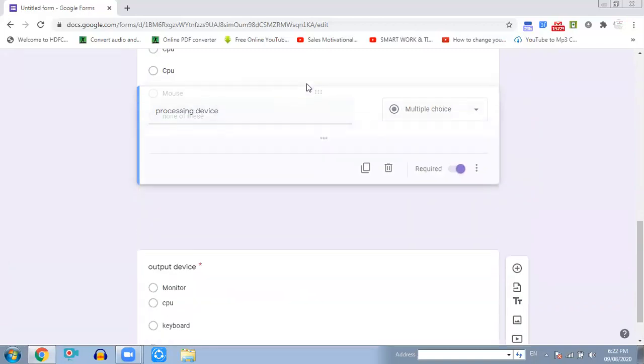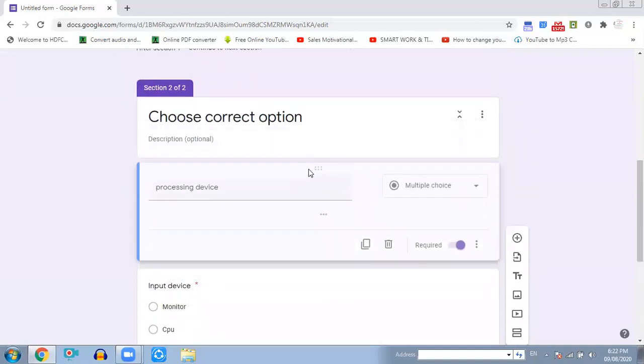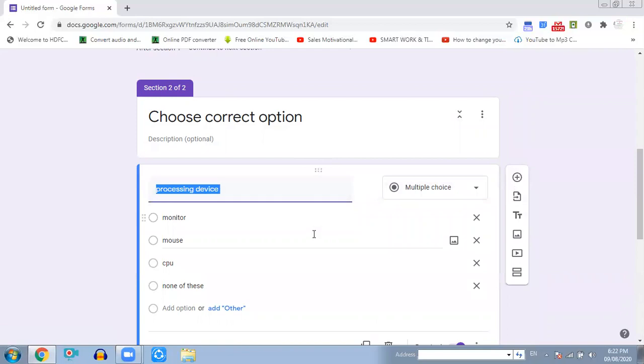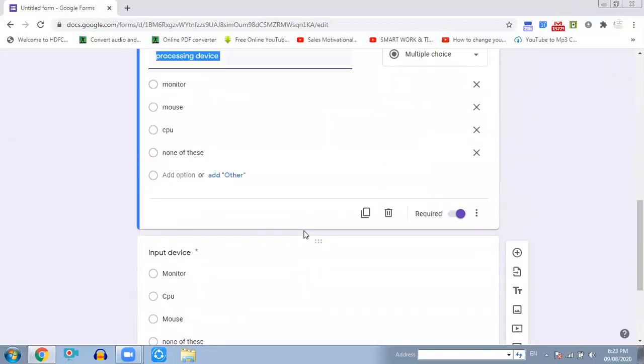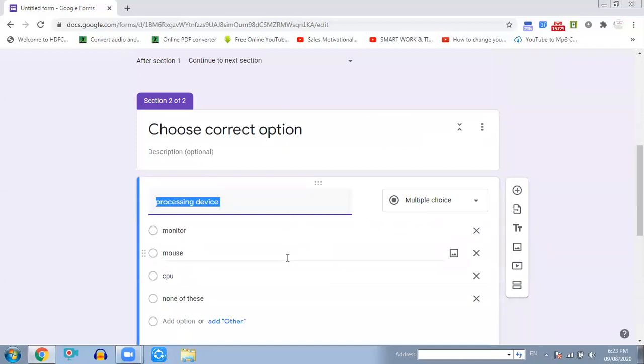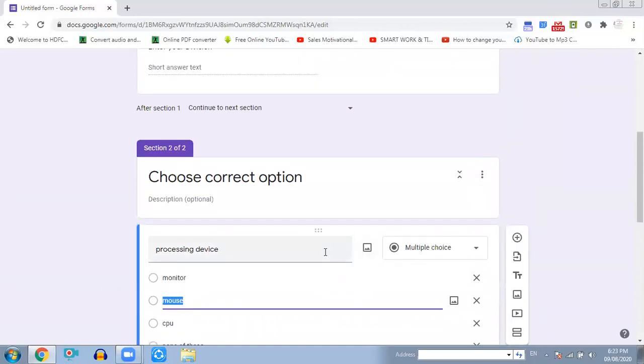So with the help of this, you can drag it up, hold down the mouse button, and you can drag it up also, no problem. So this way you can shift the questions up and down. Okay. So when it shows the star mark, it means students will understand this is a compulsory question. The star indicates this is a compulsory question, they need to answer it.